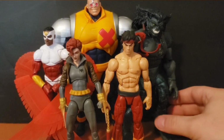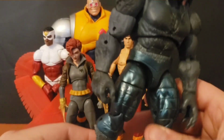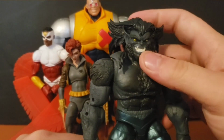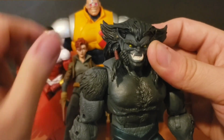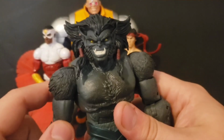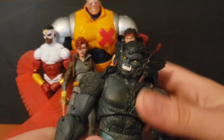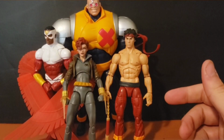Then we have Dark Beast. The Beast figure last year was fantastic, and this one's just as good. Mine has a stuck joint on, not the ankle, this ankle. But it's just the head sculpt on this guy is beautiful. His head sculpt is definitely better than the other Beast. I didn't mind the screaming head on the other Beast either, but this head sculpt's definitely better. And Dark Beast is such a cool villain. Definitely needed for my X-Men collection. Unlike most of the AOA characters, Dark Beast has had a big hand in the 616 universe. So he was a must-have for me, and he's badass. So, Dark Beast would have been really high on the